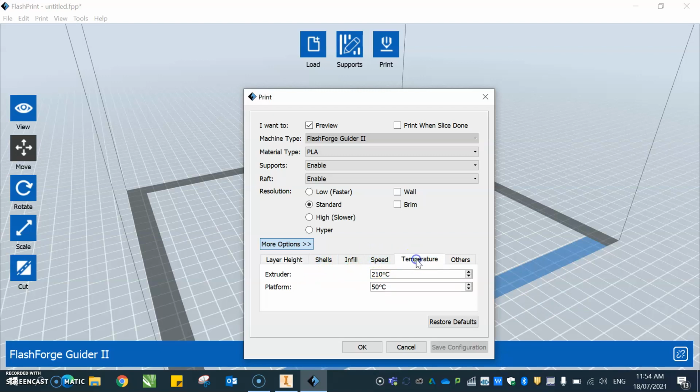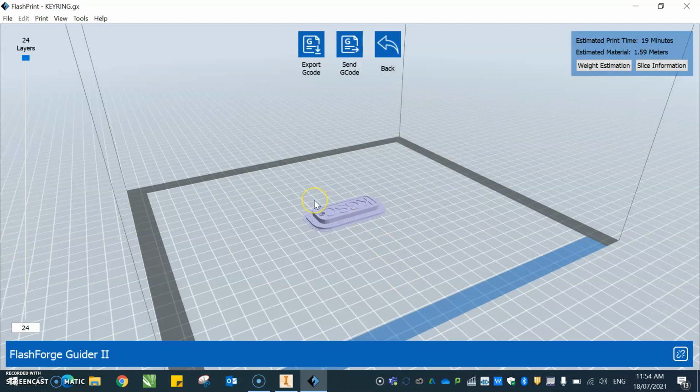I really need you to go to temperature, and when you first load this file here, it will say 210, which is fine, but this one is always 30. So what I want you to do is to set that to 50. Once you've got that done, and it's the same with all your options, so you've got layer height and all that sort of stuff. This is the important one, the temperature, 210 to 50, because that's what our 3D printer will be. It won't work otherwise. Save configuration. Then you go OK. Now we're ready to print that,